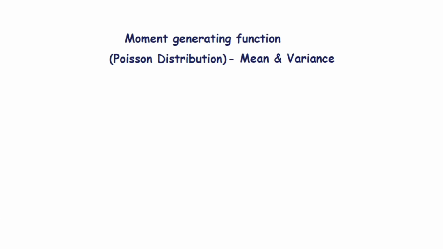In this video, we want to check how to find the mean and variance of a Poisson distribution using the moment generating function. So the first thing we will want to note is the MGF. We have M_X(t) is the expectation of e raised to the power of tX. And the Poisson distribution being a discrete random variable, an expectation of X is written as the summation of x p(x),